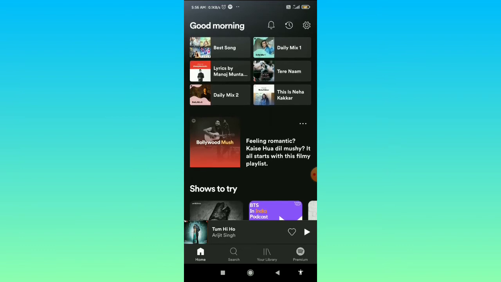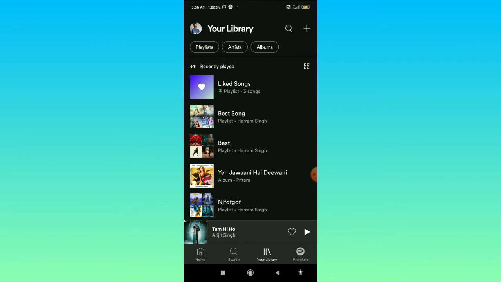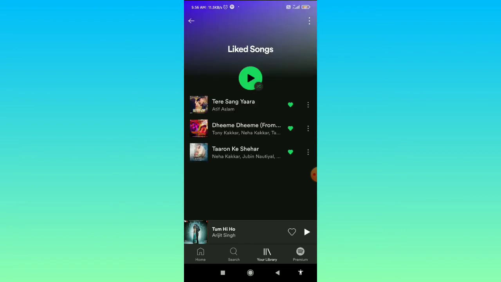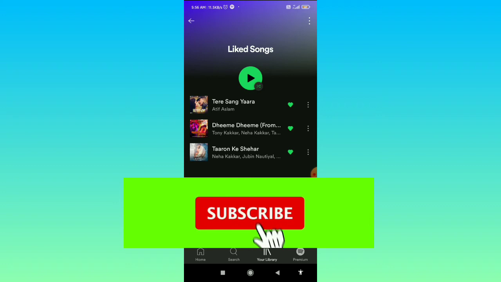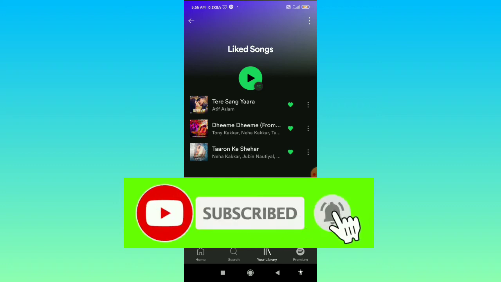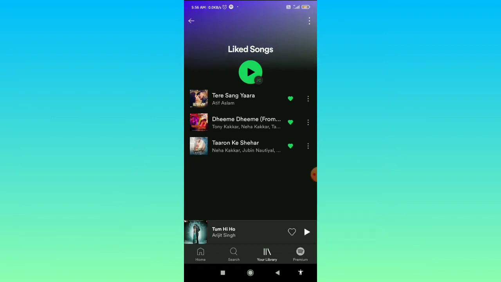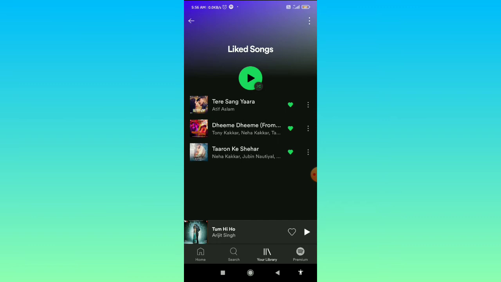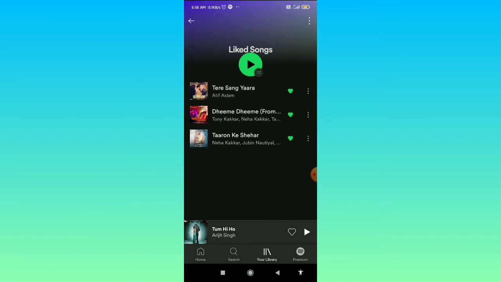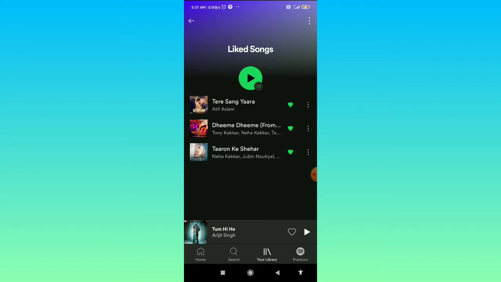Firstly, what you need to do is open the Spotify app, and then go to your library, and here tap on Liked Songs. Firstly, you can see all the liked songs. What you need to do is simply search for all the songs that you want and then like the song, and when you like all the songs, they will be added to your Liked Songs playlist. And when you play it by clicking on Liked Songs under this playlist, then it will start playing